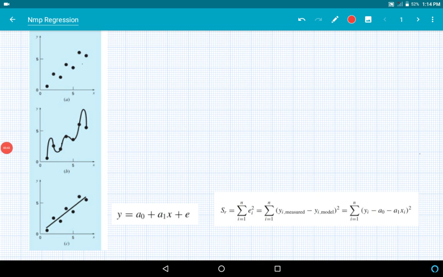So moving ahead, what is regression? Regression basically means fitting the data to a line. Okay, fitting a line to data, sorry. If you see the first figure here, figure A, there are around 7 points given there. Now these 7 points are the result of some kind of a graph, some kind of data which is available in the field.